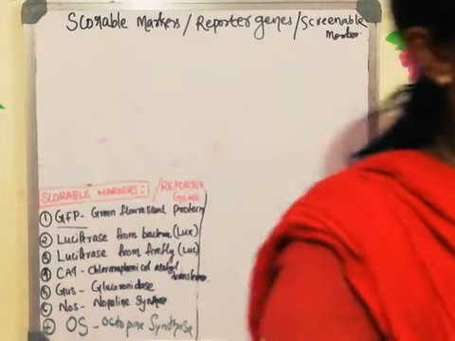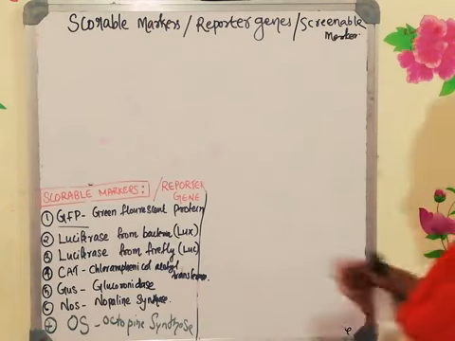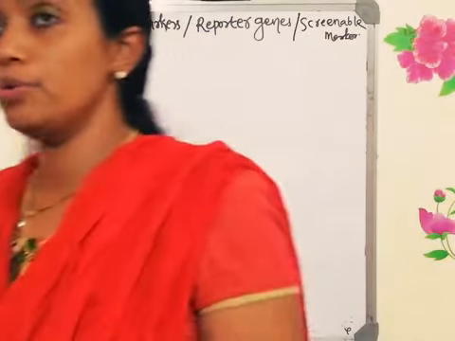So when it is asked in the examination, you have to write the difference between a reporter gene and a selectable marker gene. Reporter genes are used to test the expression level, which can be quantified. So it is also called a screenable marker. An assay of the reporter gene is carried out by estimating the quantity of protein it produces or the final product found.